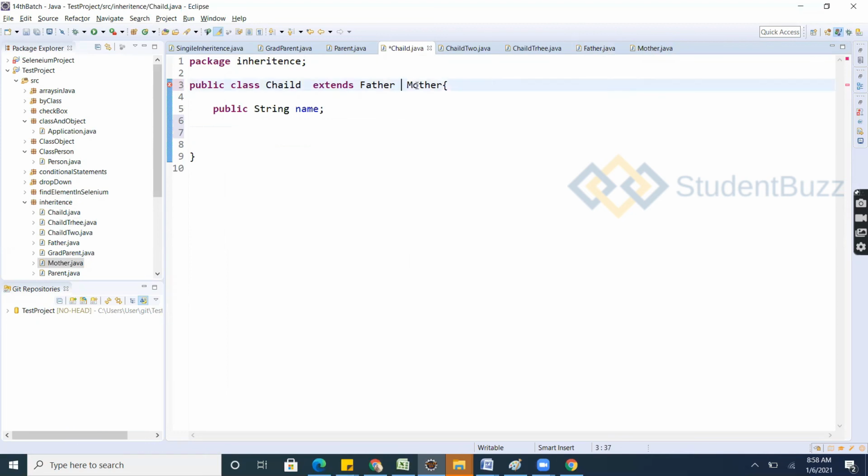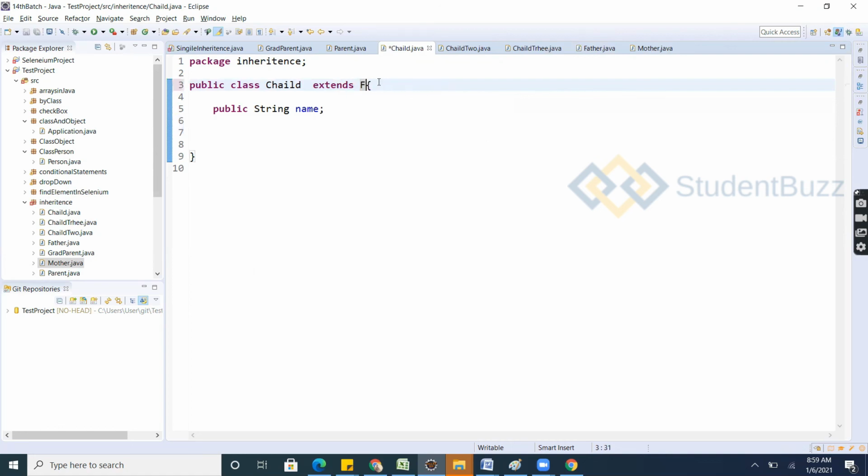Okay, that is fine. I'll remove one extends keyword and keep this comma. What is it saying? Syntax error. It's not allowing you to extend two classes in one class. That is, a child cannot extend father and mother both. If you want to extend the mother, that's fine.